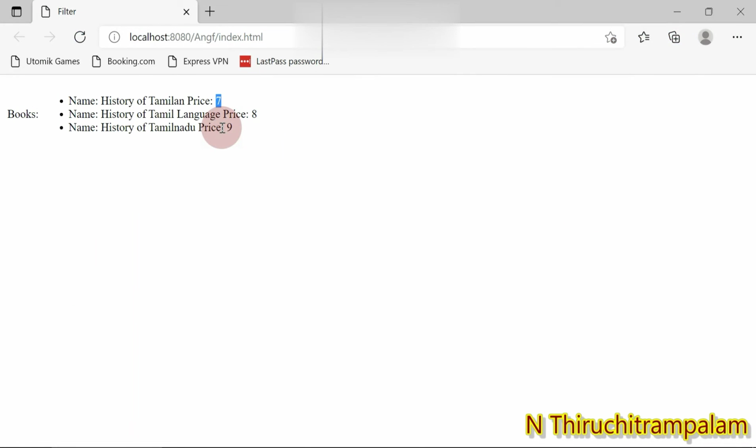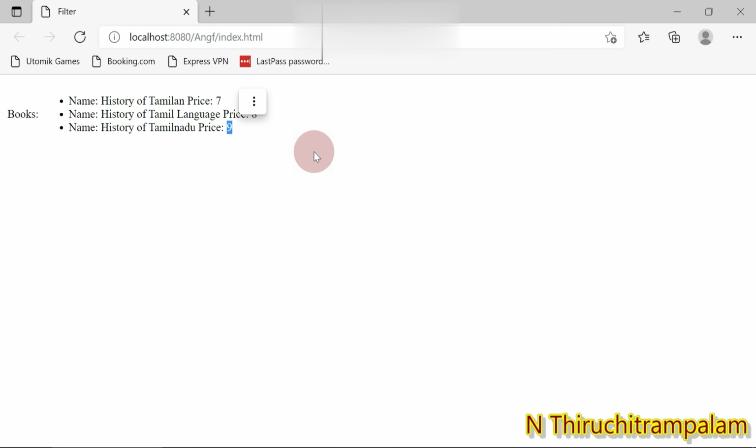Similarly, it iterates through all the array of objects, and all the key value pairs, name and price, got listed on the web page. Here you can see the order: 7, and then 8, and then 9. So it is in order.